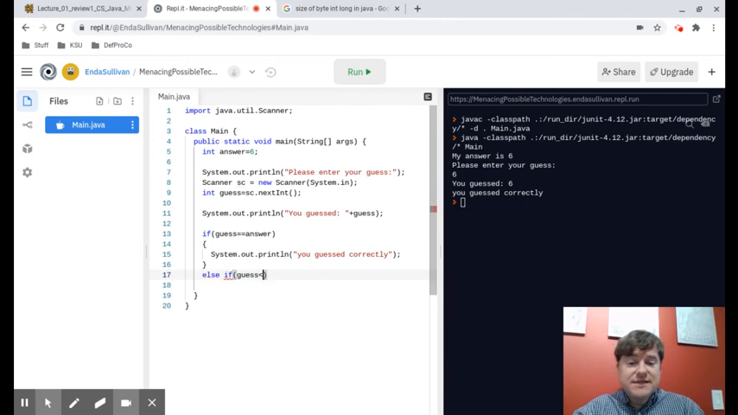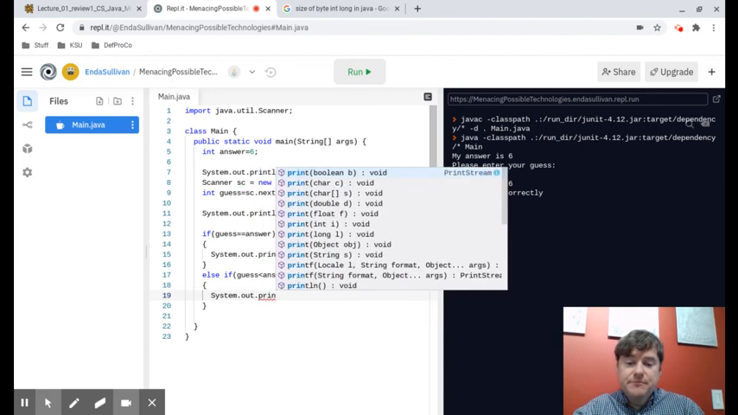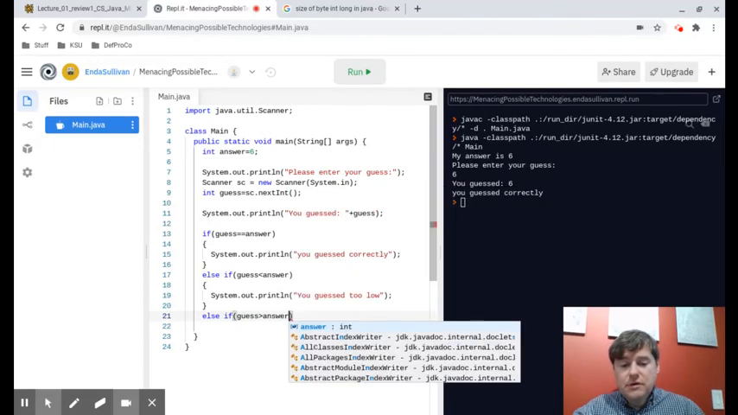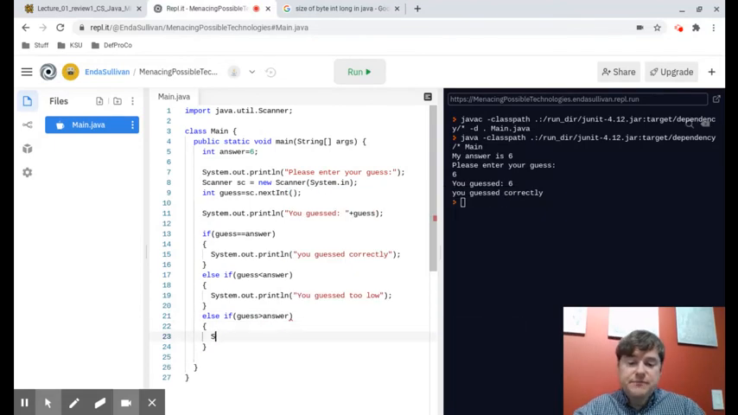the guess is less than the answer, perhaps we might want to say system.out.println you guessed too low. And while we're at it, let's go ahead and tell them if they're too high as well. So we're going to do another else if guess is greater than answer. In that case, we're going to